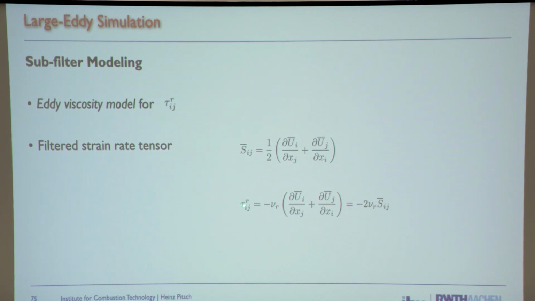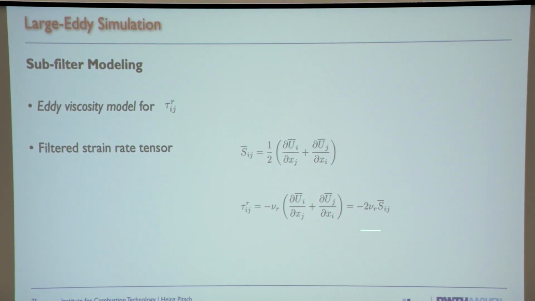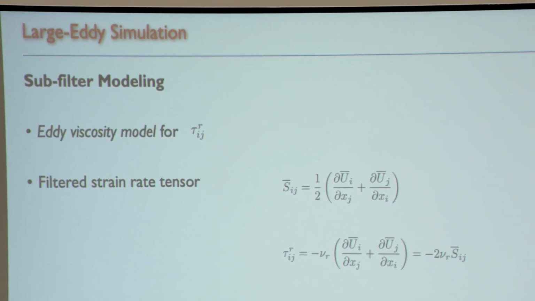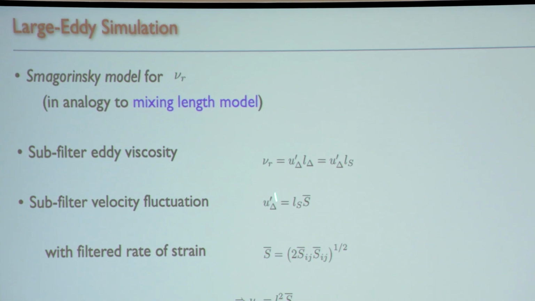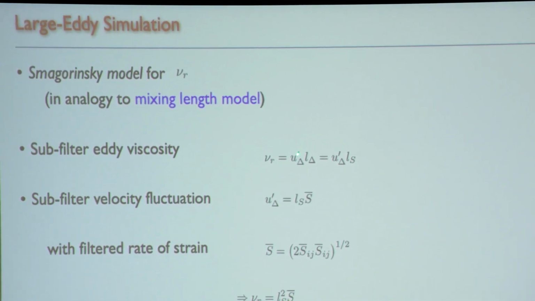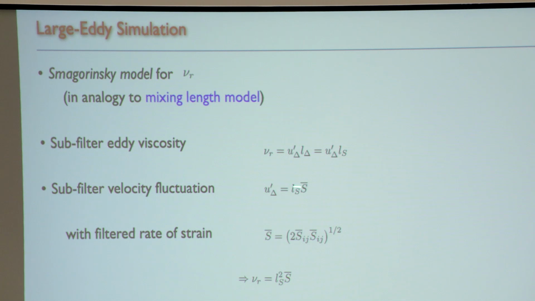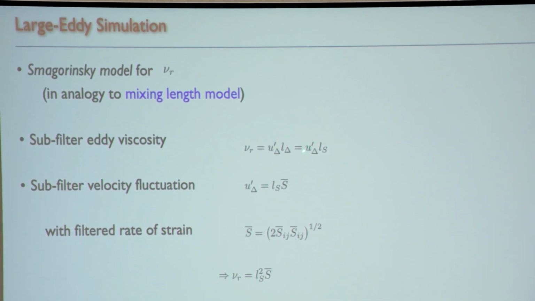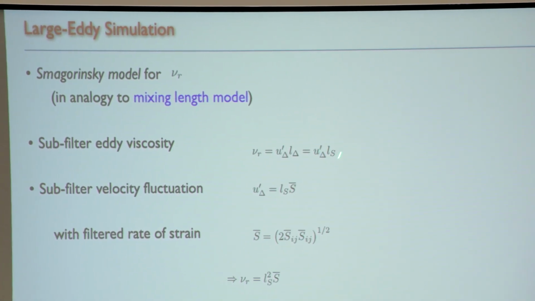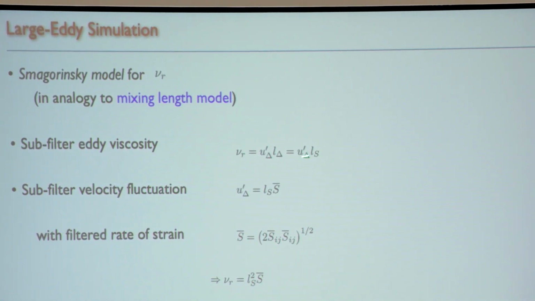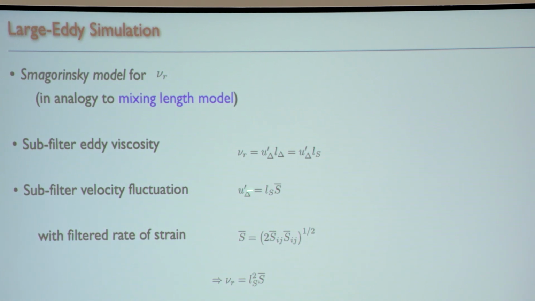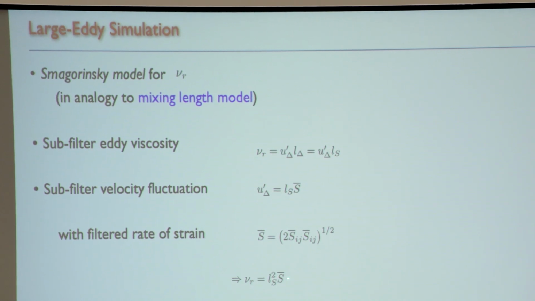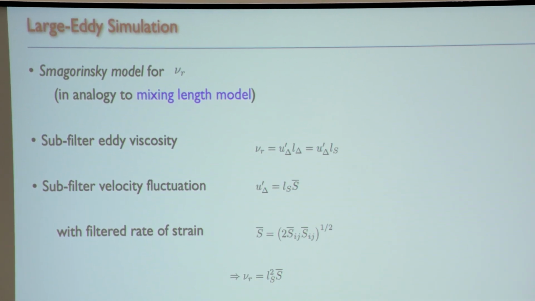As I said earlier, we use a gradient transport model for this, and then here we have the eddy viscosity, or subfilter eddy viscosity, and for that we use just the Smagorinsky model. As we saw earlier, this is a U prime, a subfilter velocity fluctuation, times the subfilter velocity scale, and then for this I just assume it's LS, a length scale, times the strain, and then this is exactly the